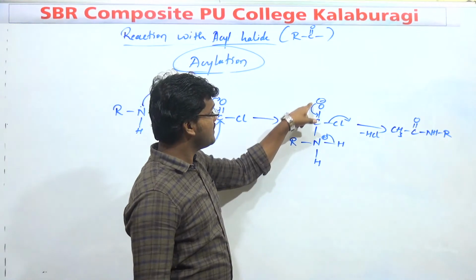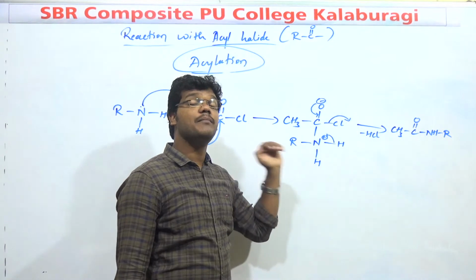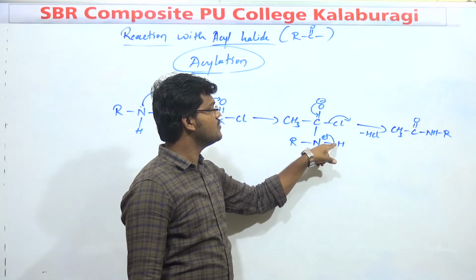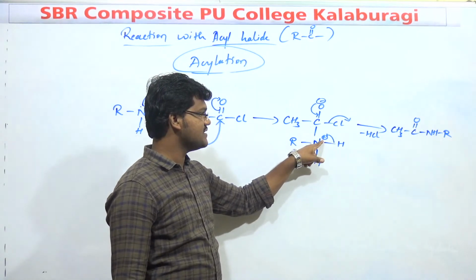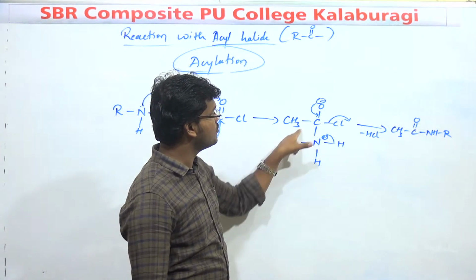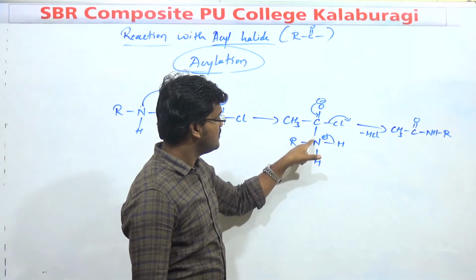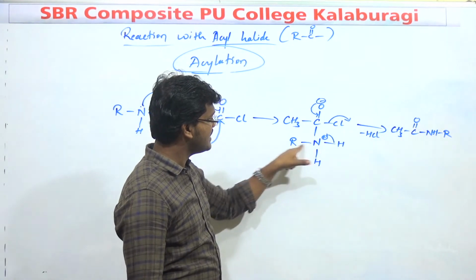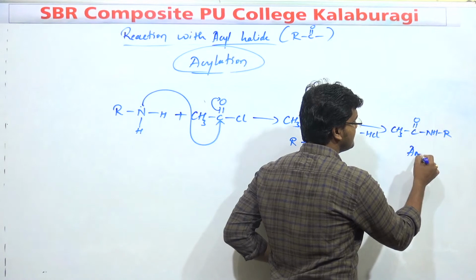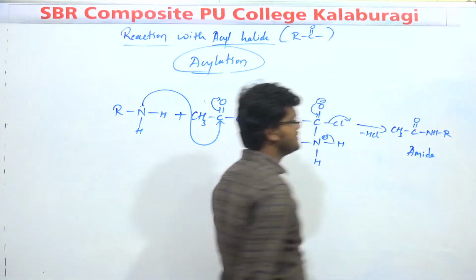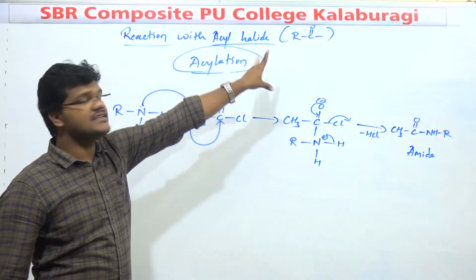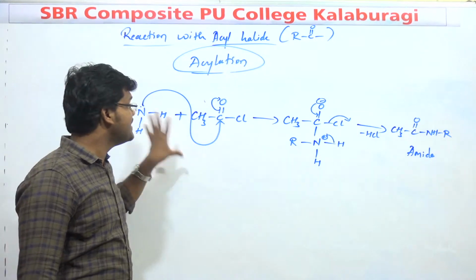Again, those electrons will come back and chlorine will go because halogens are better leaving groups. The halogen will go along with this hydrogen. The electrons of this hydrogen will be given back to the nitrogen, so as to satisfy this positive charge. At last, I will be left with CH3 C double bond O, CH3CONHR. That is nothing but my amide. Amide is prepared. So when amines react with acyl halide, that is, when they undergo acylation,